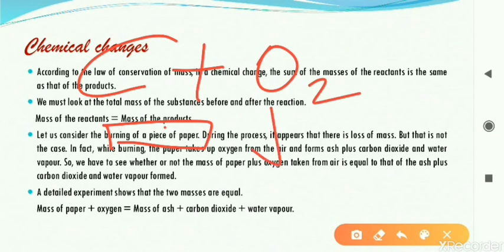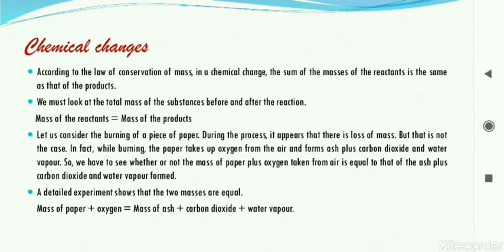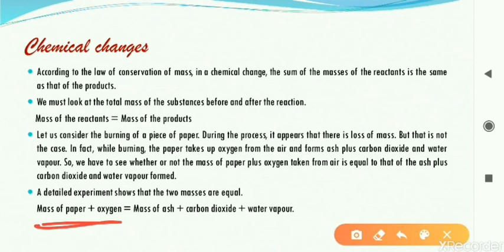On combining, what is happening? It will produce ashes, that is again carbon. Also it will produce carbon dioxide gas, and ultimately water vapor is also produced. So all these things are produced there. The paper is actually cellulose, which includes carbon, oxygen and hydrogen. Also, oxygen is coming from the air. The left hand side of the reaction is the reactant side, and the right hand side is the product side. So on the product side, what things are coming? The product mass and the reactant mass should both be equal.